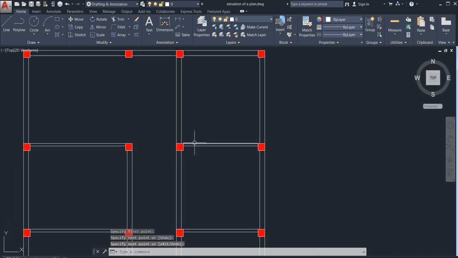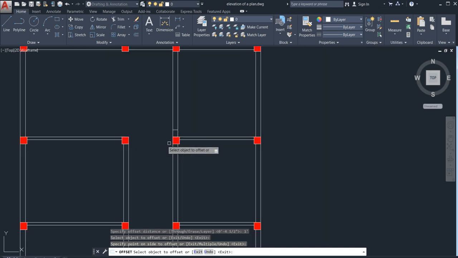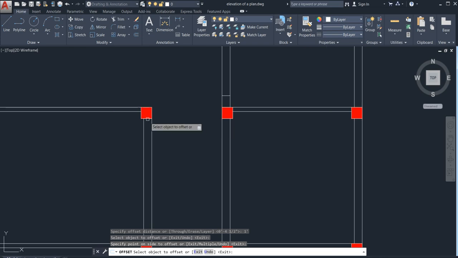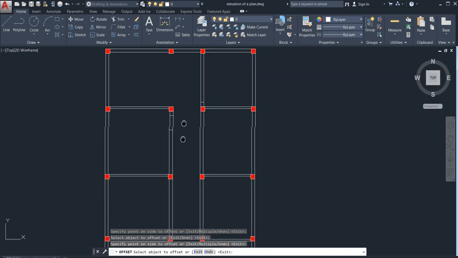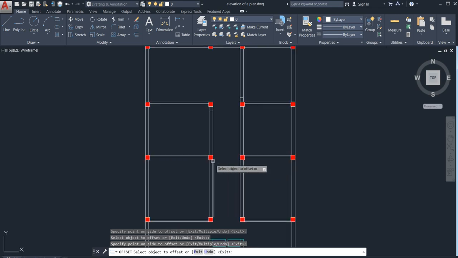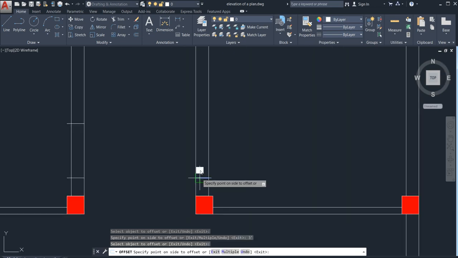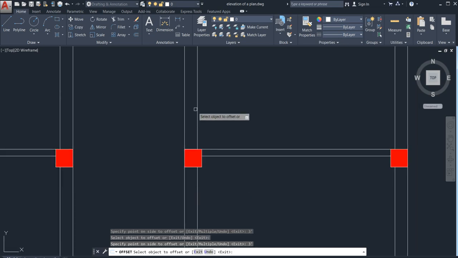After that, go for offset command of 1 feet. Now just towards upward. As you can see in my previous videos also, I am doing like this only, and I am frequently telling you guys. So here, I have drawn 1 feet. Now what you need to do is go and draw 3 feet, because we know the width of this door will be 3 feet.